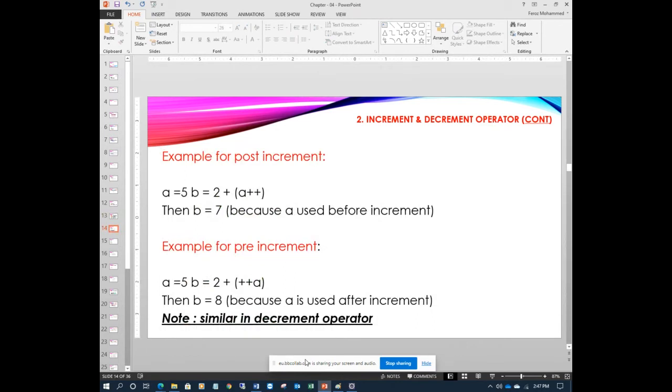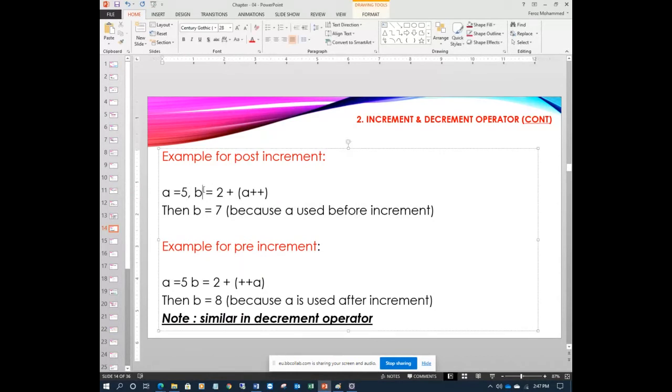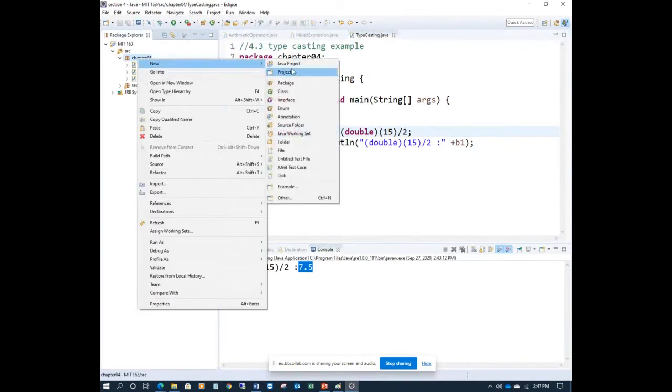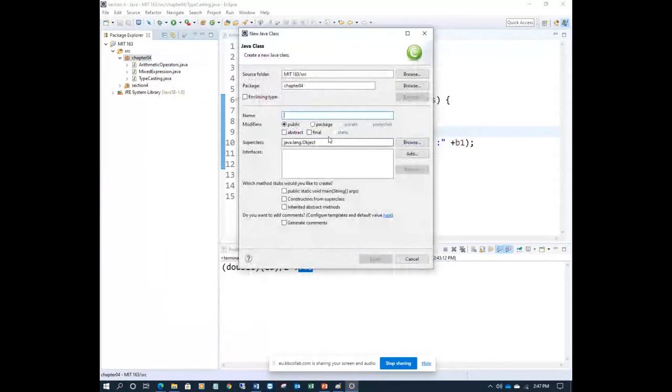Example for post-increment, or pre-increment also, we can do one by one. Say for example a equal to 5. Let me show you with the help of a program. Right click the package, new class, increment operator.